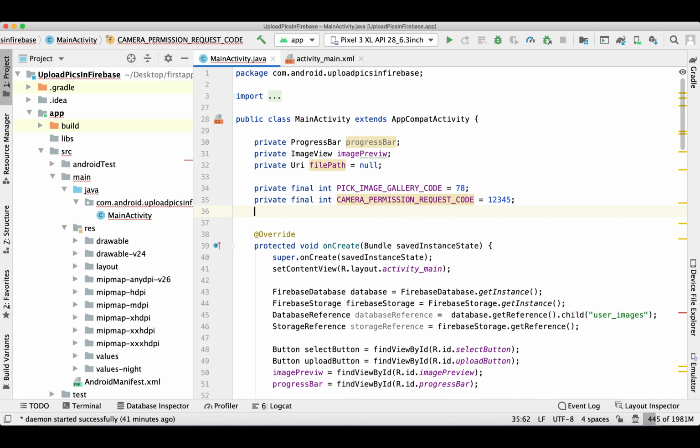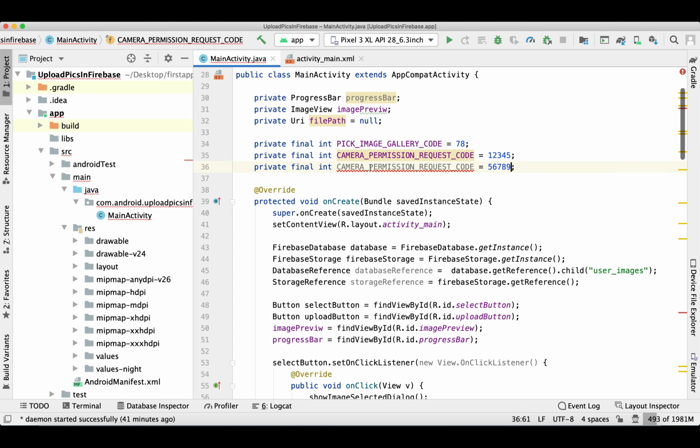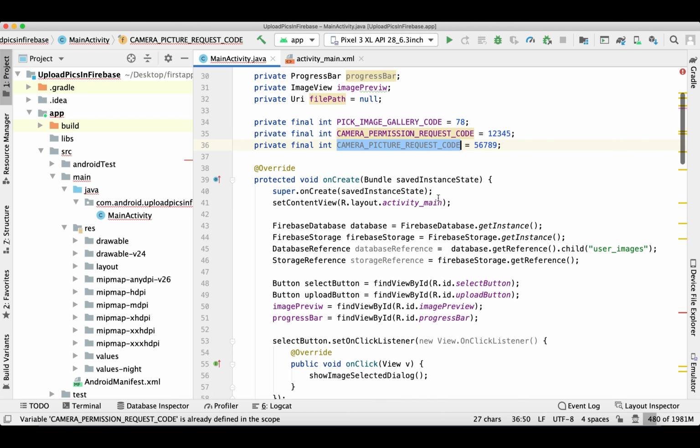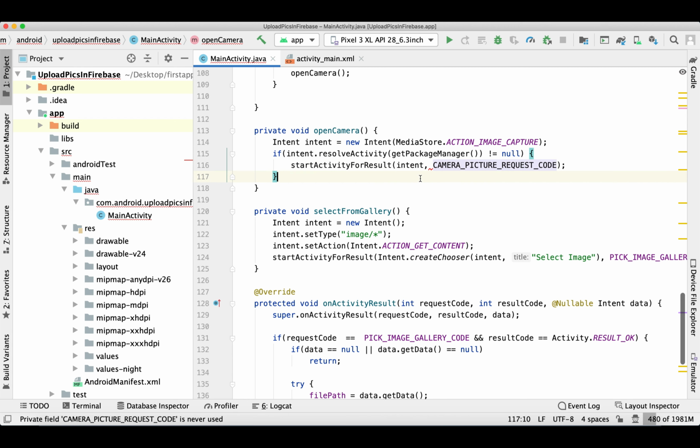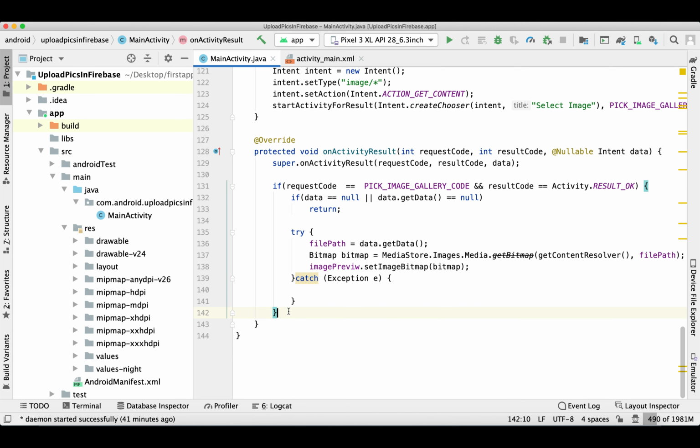So we need to define another request code for camera. And in this case also, when picture will be clicked, at that time on activity result will get called.